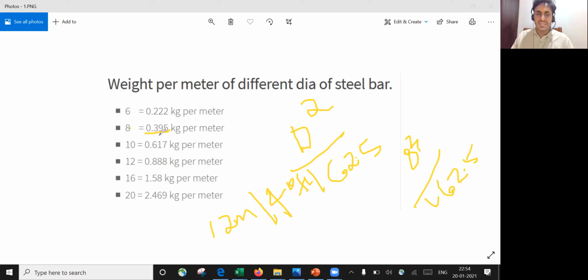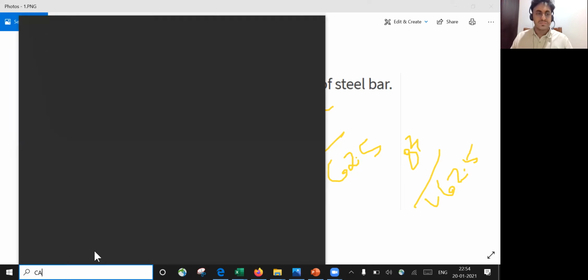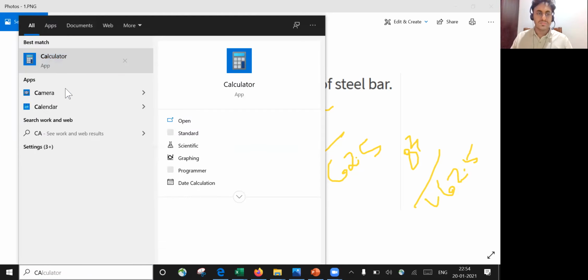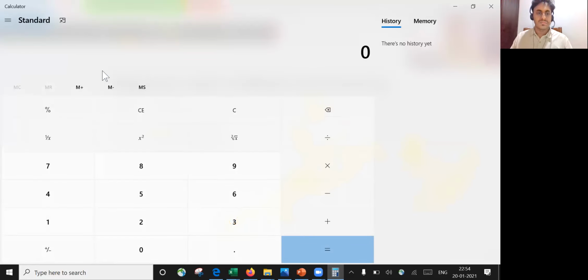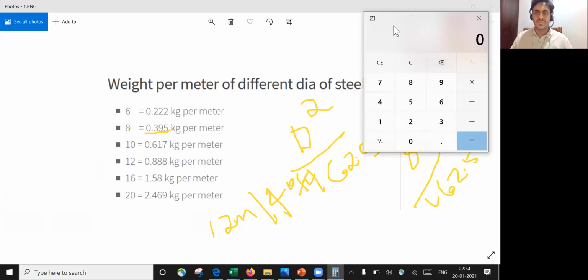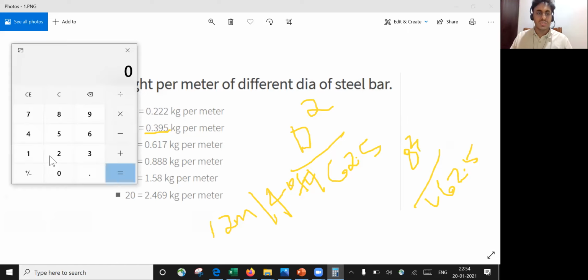So 0.395 is for 1 meter. The entire length of the bar is 12 meter, so I'll multiply this by 12. So I'm going to get the total weight of the bar, which comes out to be 4.74 kg. So this is how we need to understand.